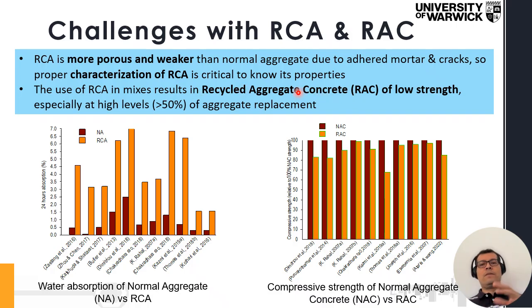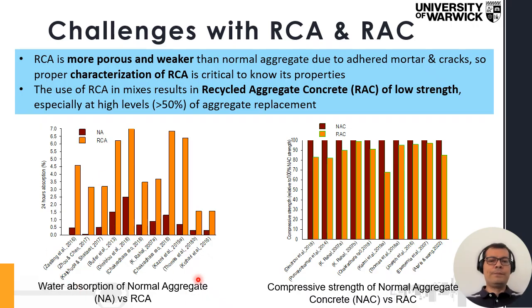Now, as a result of those issues, that RCA is more porous and it's also weaker, that is going to lead to a lower strength concrete than what we usually have with natural aggregates, especially when we try to replace high volumes of aggregate. Just to give you an idea of the issues we have, here on the left, we